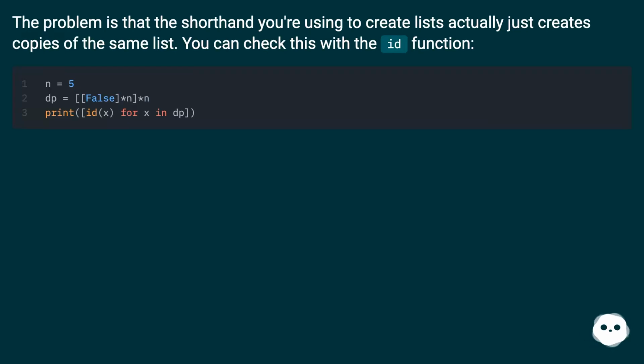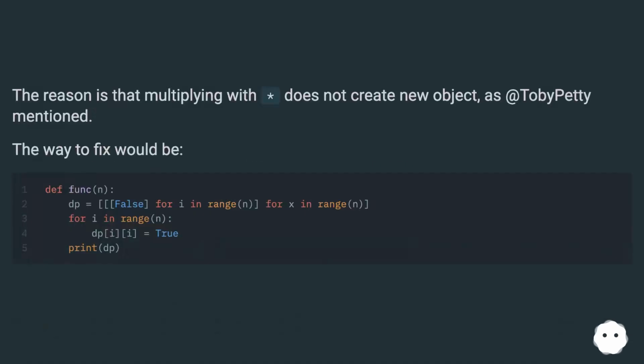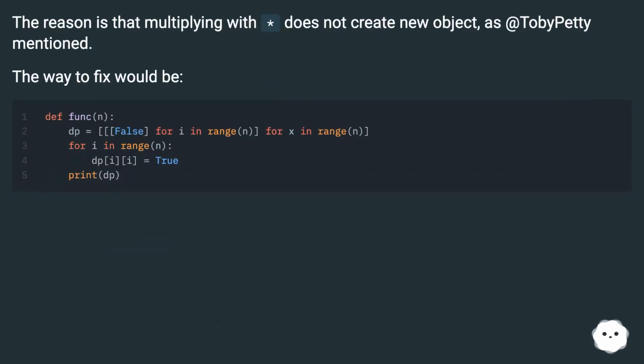The problem is that the shorthand you're using to create lists actually just creates copies of the same list. You can check this with the id function. The reason is that multiplying with an asterisk does not create a new object, as Toby Petty mentioned. The way to fix it would be